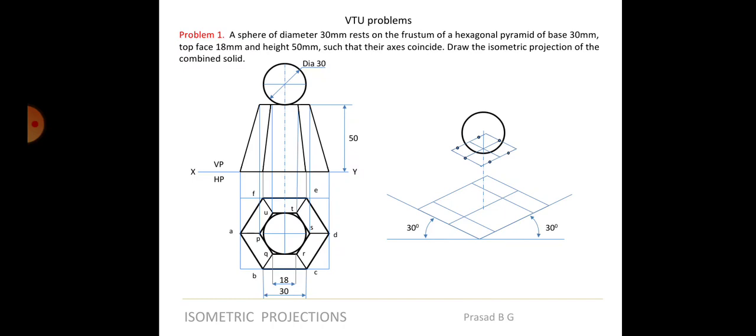Now there is one important thing I want to say with respect to the sphere here. Till here, whatever you have done is all ISO. Whatever distance I have told you, whether it is the base distance of the box, or from the center to the axis height, that is also ISO. Whether it is the top box that you have drawn, that is also ISO. Please listen carefully: the sphere is on top of this, the top face of the frustum of the hexagonal pyramid.